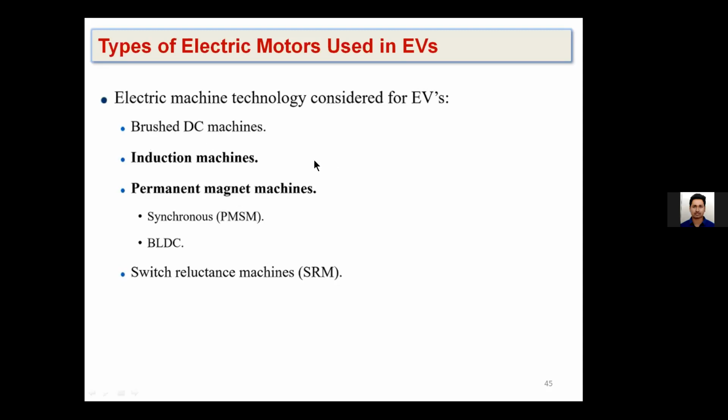In EVs, mostly the induction machines or the permanent magnet based machines are utilized. Induction machines were previously not that popular for transportation purposes because they are difficult to control. But in the later 1990s, a separate algorithm was developed, that is the vector control algorithm, through which the induction motor can also be controlled similarly to a DC motor. But the thing is, it's quite complex. Anyhow, due to that particular algorithm, induction motor control has also become simple. Even though the control is complex, it can be controlled in a simple way. So they have been used even for traction applications.